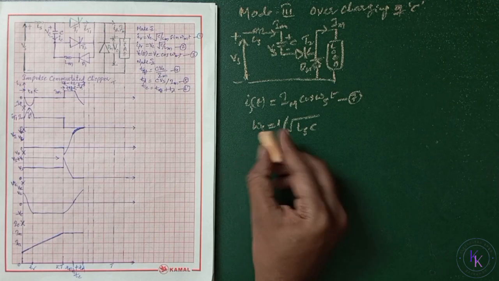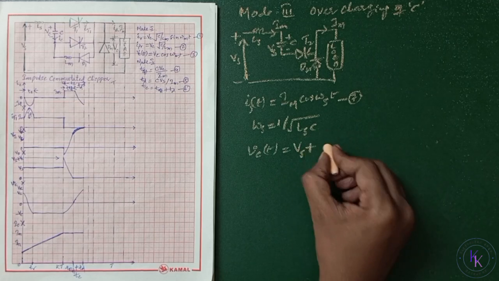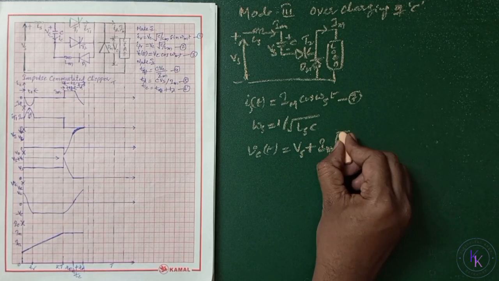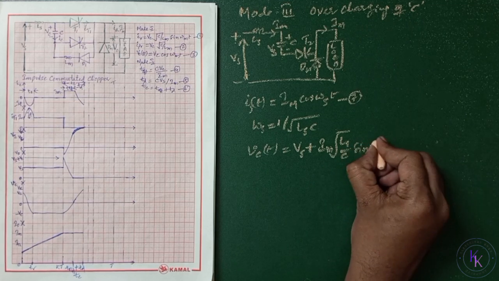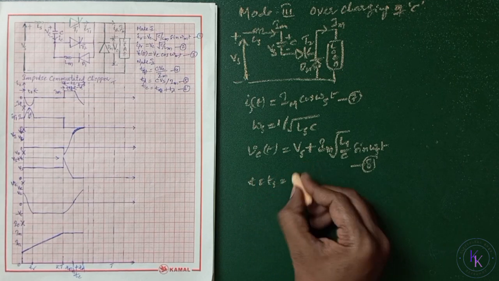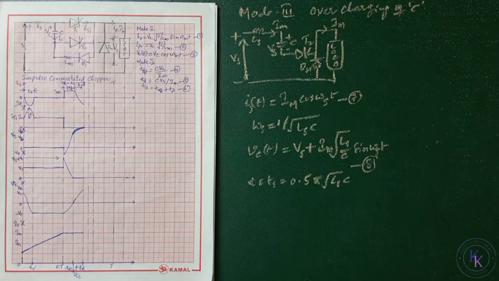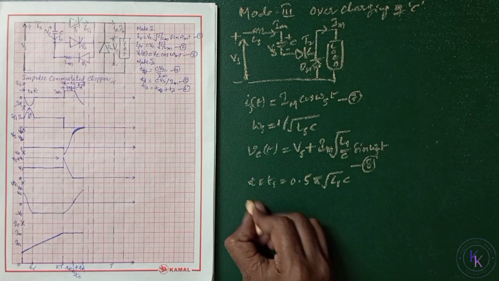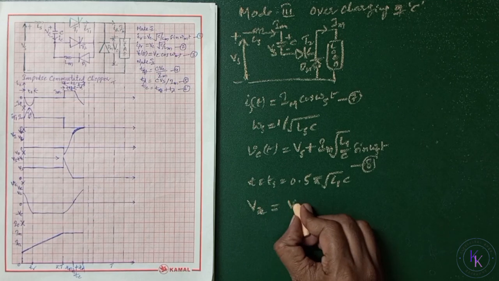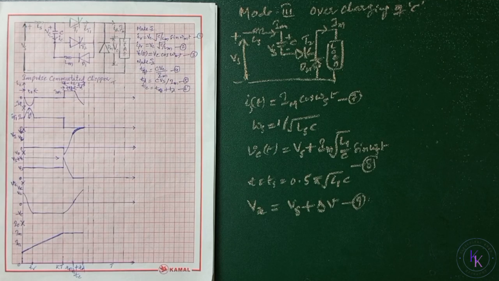The instantaneous capacitor voltage Vc at time t is given by Vs plus the overcharging, which is Im times the square root of Ls by C times sin(ωs t). Let this be equation number 8. After t equals Ts, that equals 0.5π times the square root of Ls C, this overcharging current becomes 0 and the capacitor is recharged to a value of Vx that equals Vs plus ΔV. This is equation number 9,